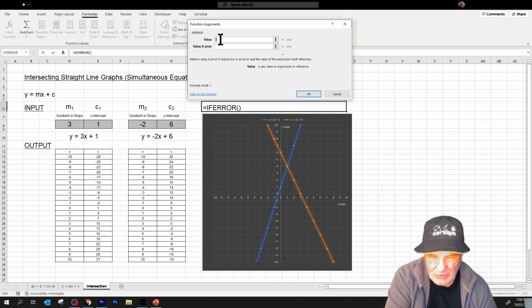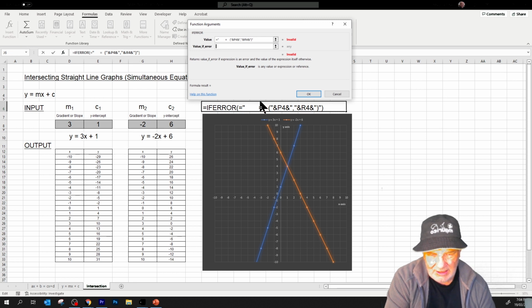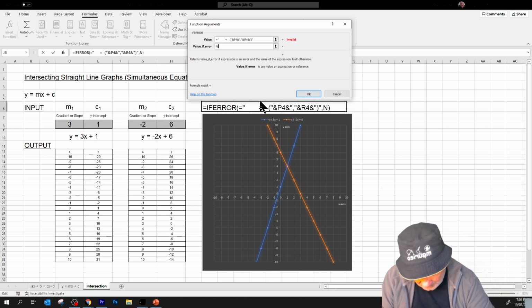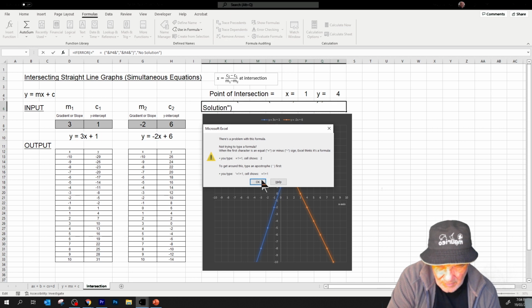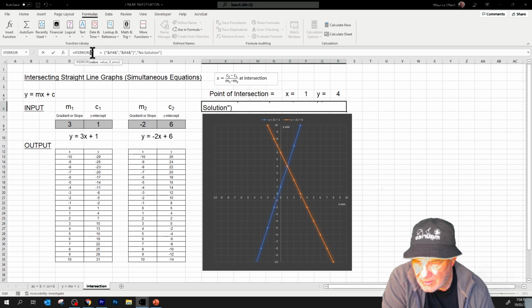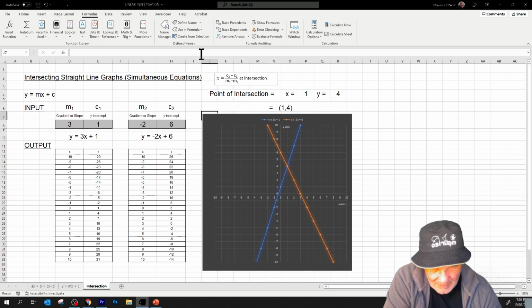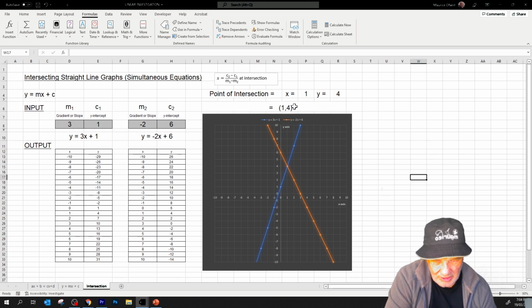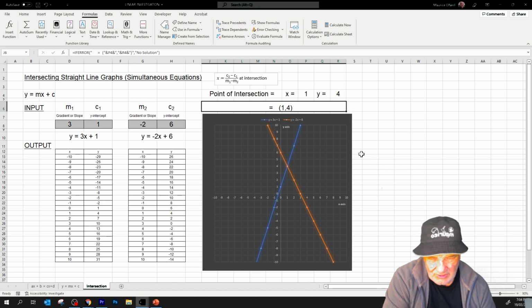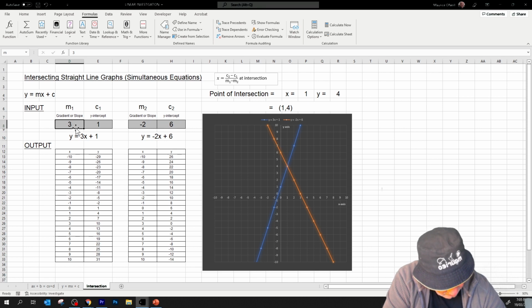Okay, value, we'll put that one back in, Control V. Value if error, no solution. Okay, so we've got, I think that equals got to come out of there. Okay, how's that looking? Okay, so then if these two here, if we make that -2,